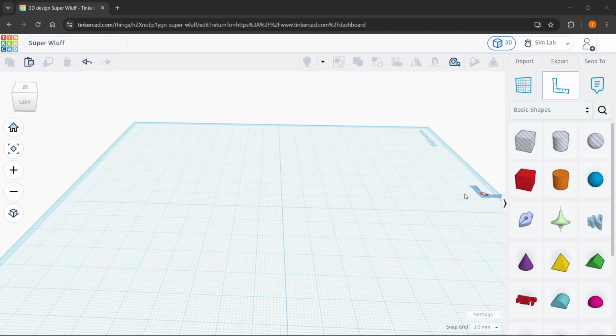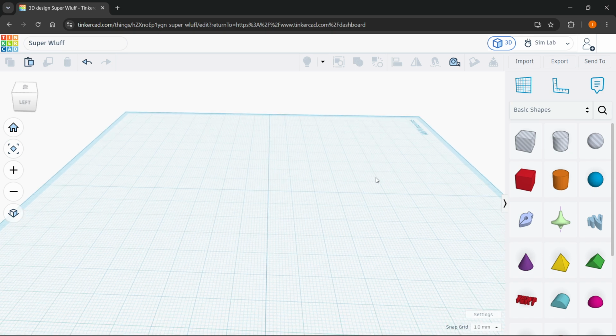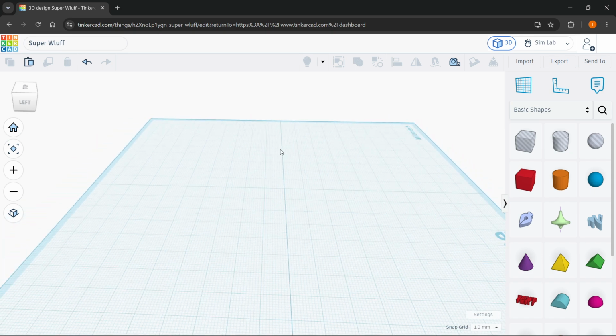In this video, I'm going to show you how to round the edges in Tinkercad. Now, there's a few ways to do this. I'm going to show you some of the most common ones. The most basic one is going to be whenever you actually put on a shape, like for example, a box